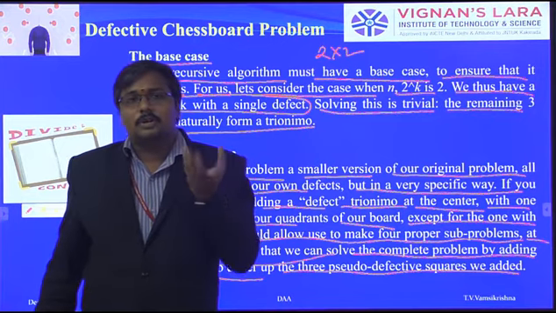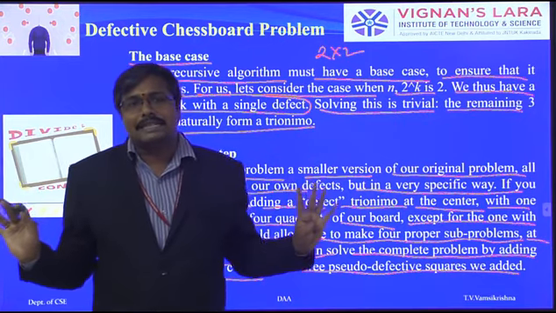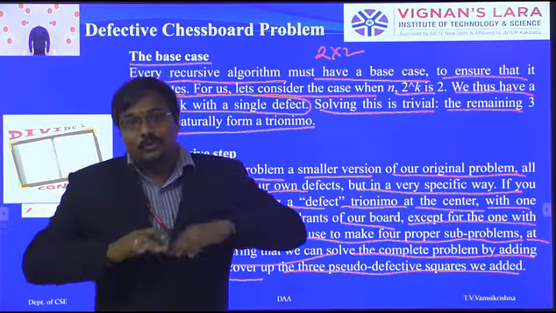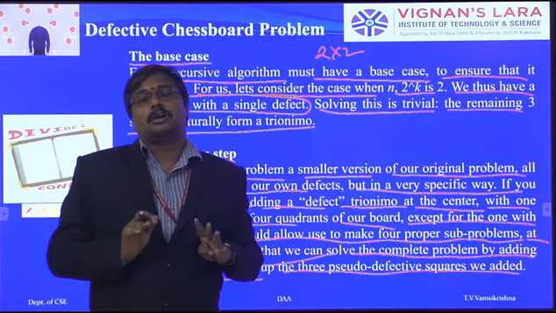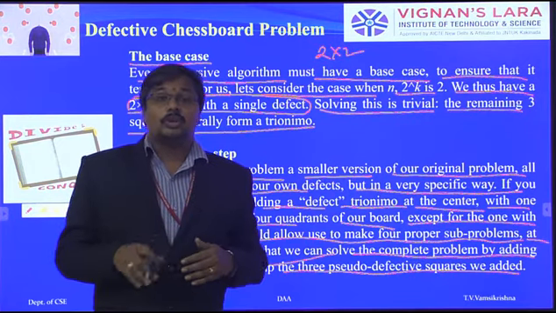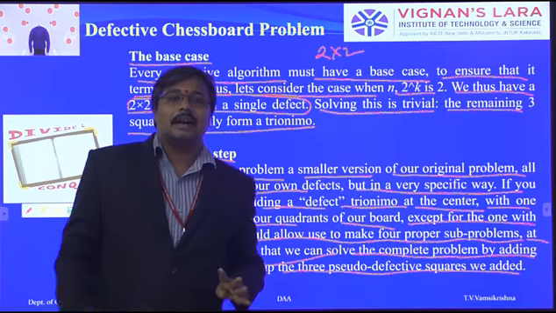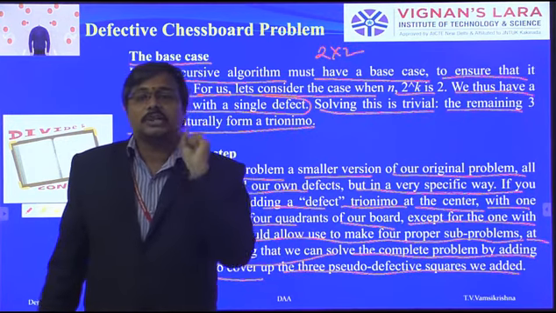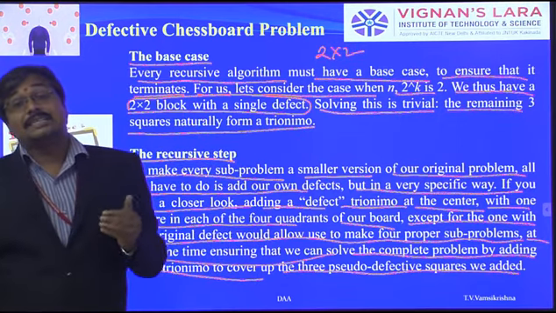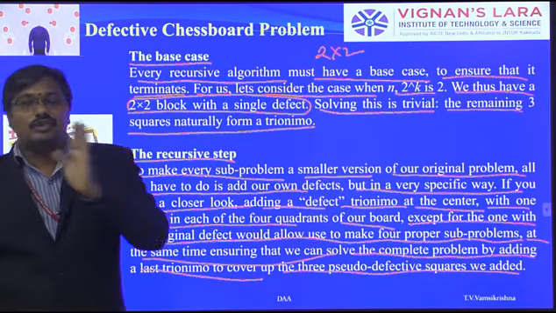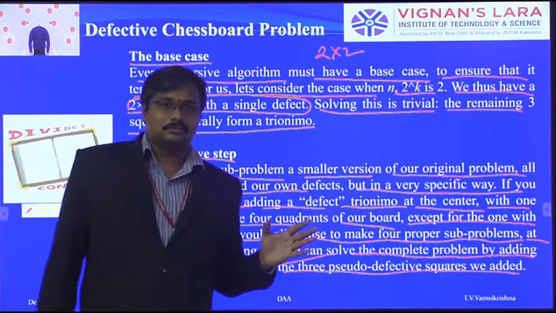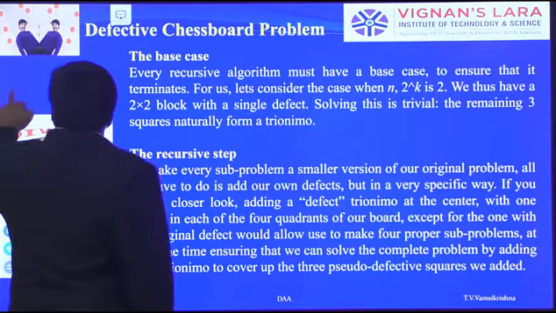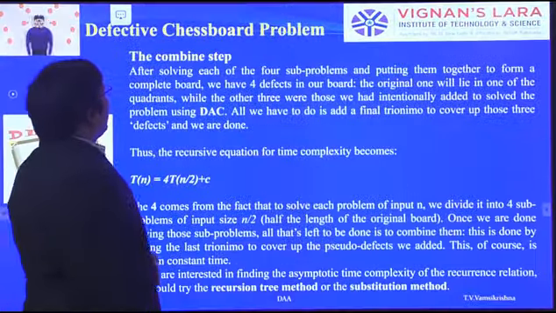But when you divide the problem into 4 smaller problem instances, how do you decompose the one defective tile among the 4 different small problem instances? To avoid this problem, in the rest of the 3 parts we imagine one defective tile. That is called imagination. That is the meaning of original and duplicate. Once you see the problem clearly, then you can easily understand.